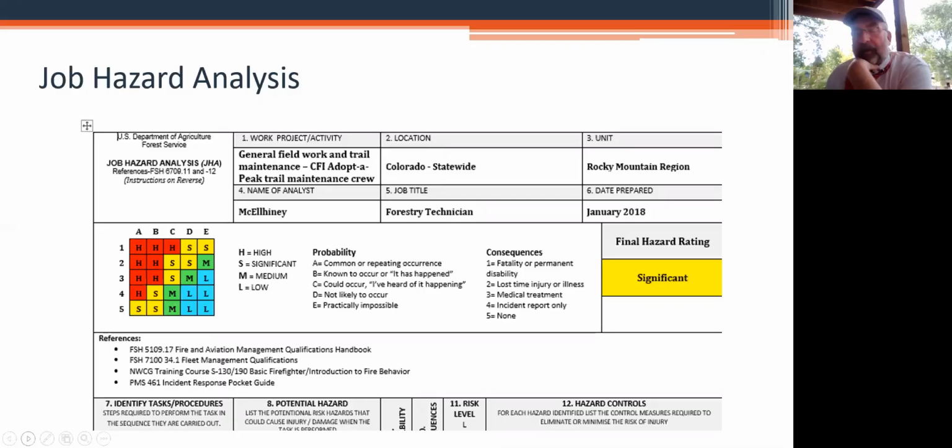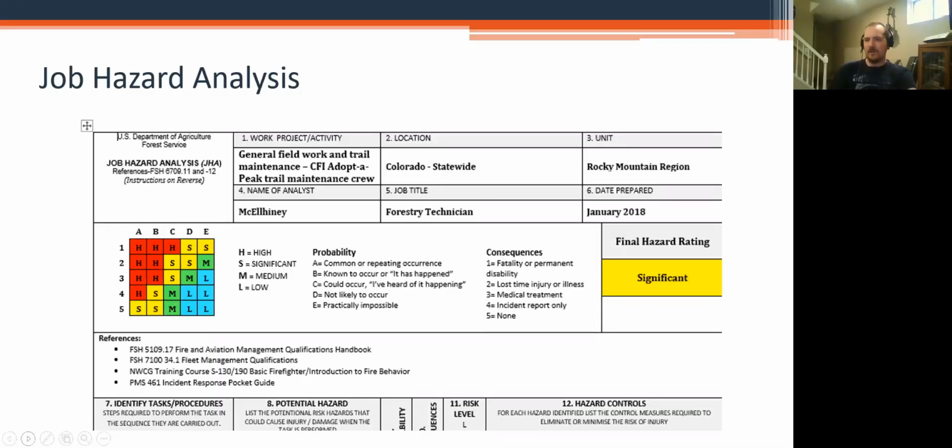And that would be that you want to make sure that you have the latest JHA or risk analysis for the particular agency that you're working for, if it's a ranger district or BLM office, whatever the case may be, and not necessarily have this one in the presentation. It may be that you do that as a handout to make sure that everybody has the document that's appropriate for the area. Right, that's correct. We have a sample document, but it comes from our local ranger district 4 years ago. So who knows how up to date it is at this point. This would be on the instructor to figure out what they need to get and present to the class.